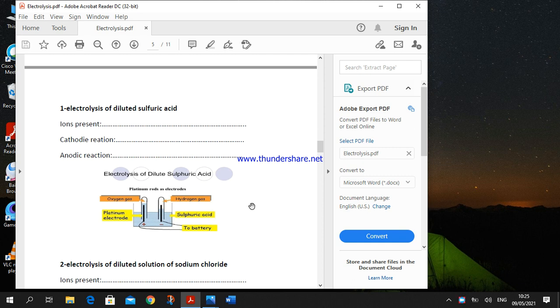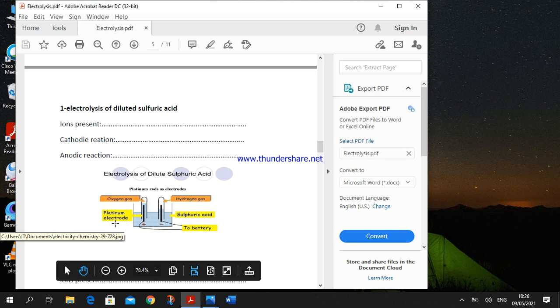Insoluble compounds such as metal oxides, we melt them to change them into liquid or molten form to form the electrolyte, but soluble compounds such as copper sulfate or sodium chloride, we dissolve them in water to form the electrolyte. In electrolysis, we need a beaker that contains the electrolyte, as we see, and also we need two